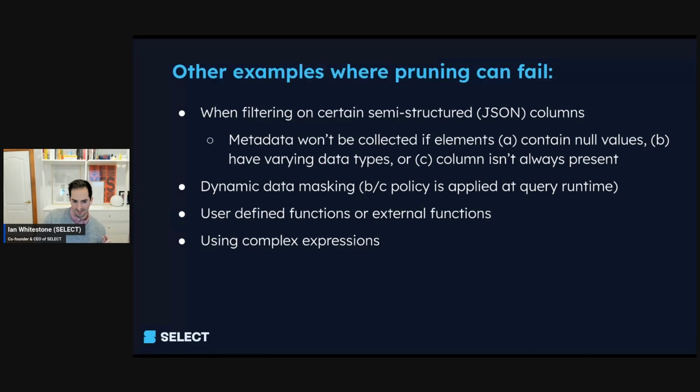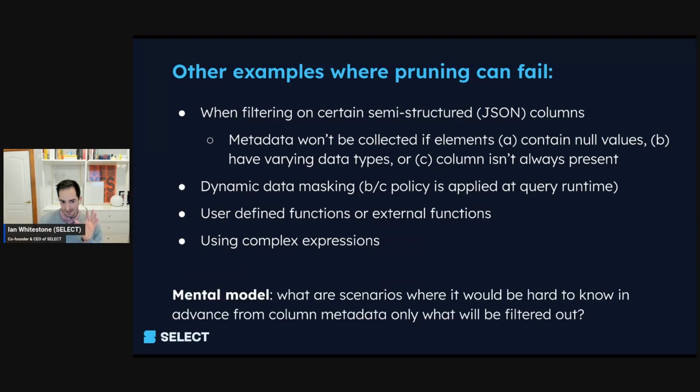Another area, I don't have a specific example, is when you're using complex expressions. I read about this. I need to reproduce a proper example, but I believe that a certain number of filters with a lot of ORs involved can screw up pruning, apparently. So the overall mental model I'll leave you with is to think about scenarios where it would be hard for Snowflake to know in advance, from the column metadata, which files would be filtered out. Those are cases where it won't be able to figure that out up front, and therefore